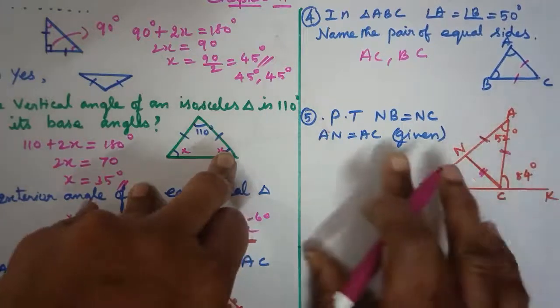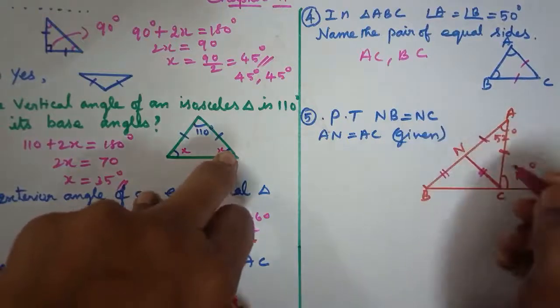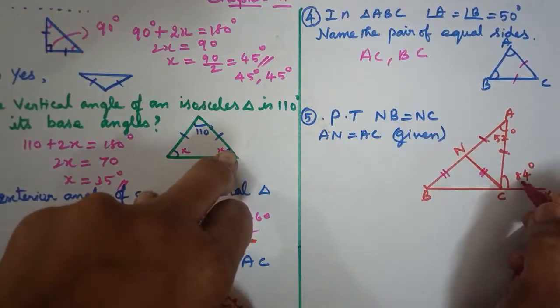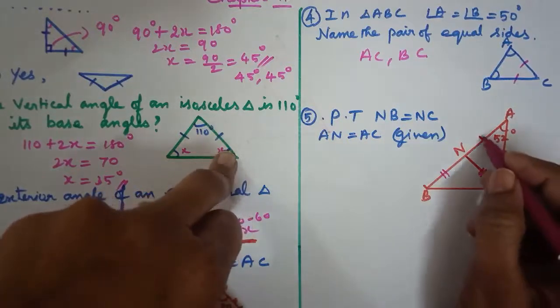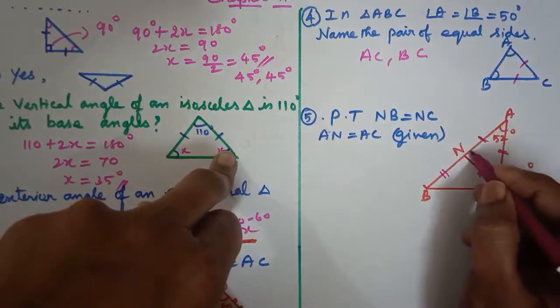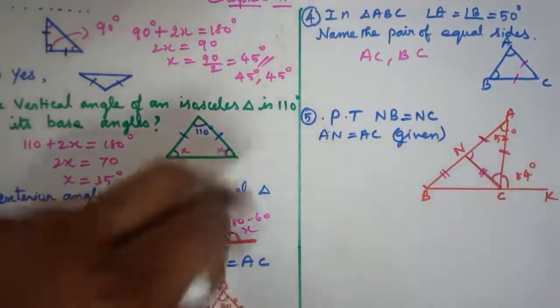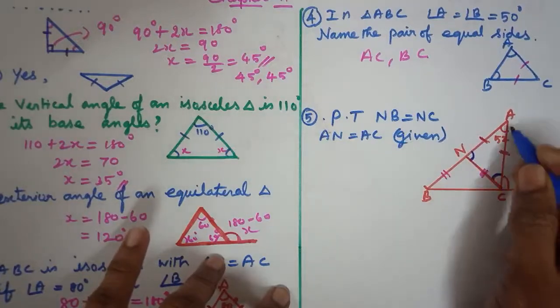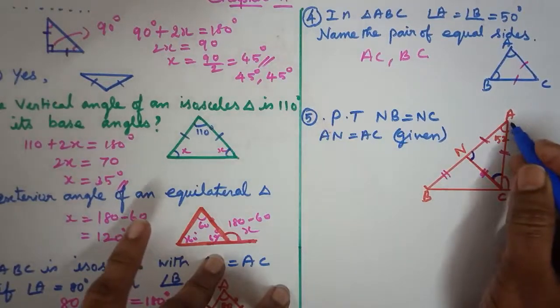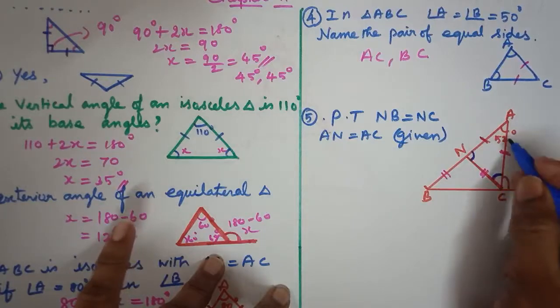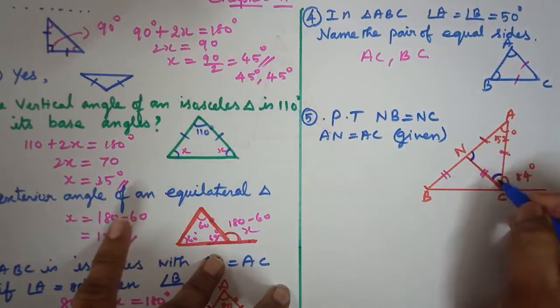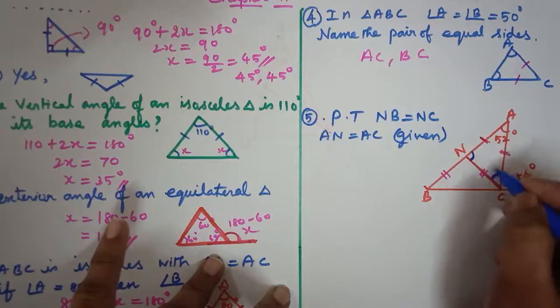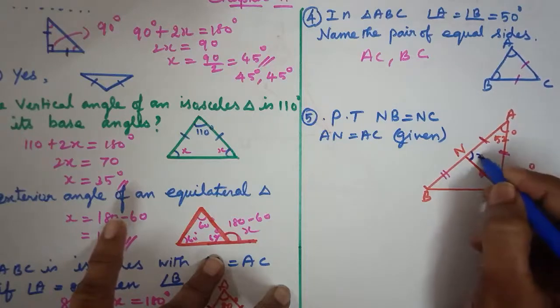So from the given information, students, listen, this is 84 degrees. Here, these two sides are equal, then this angle will be equal to this angle, because this is an isosceles triangle. Two sides are equal, so that is an isosceles triangle. So this angle is equal to this angle. How do you find these two angles? This is x, this is x.